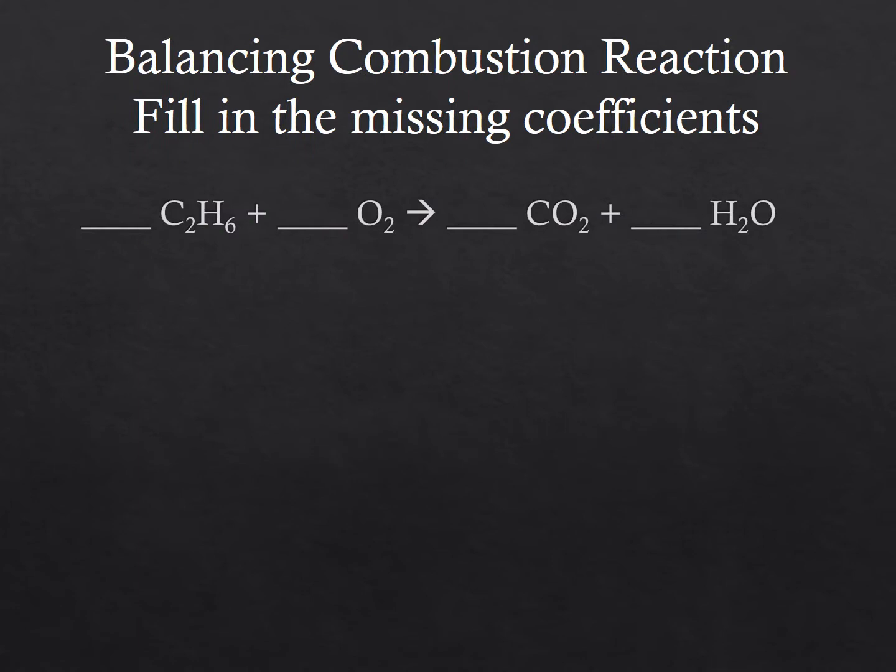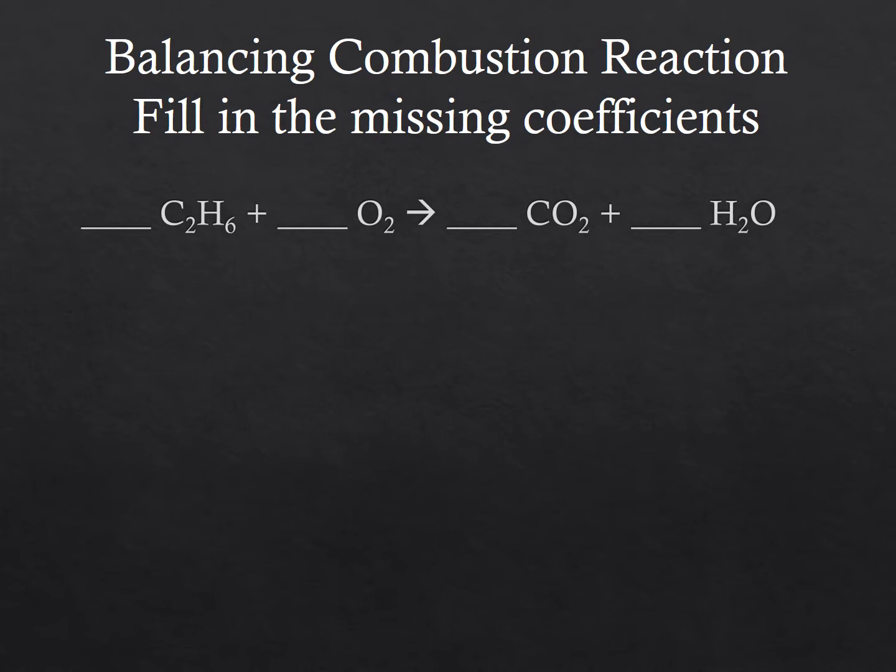Alright, we're going to do balancing combustion reactions. These are specific reactions that make CO2 and water, and it's usually a hydrocarbon, which is a carbon and hydrogen compound. In this case, we have C2H6, which is called ethane, close to ethanol, but it's just ethane. It reacts with oxygen, which is the definition of combustion, and you always make the byproducts CO2 and